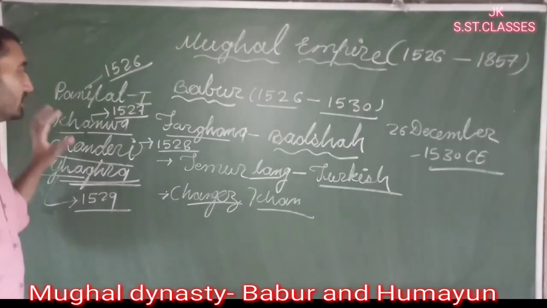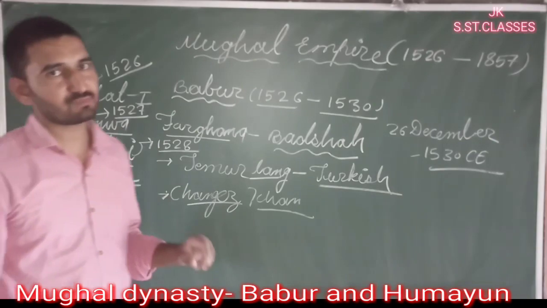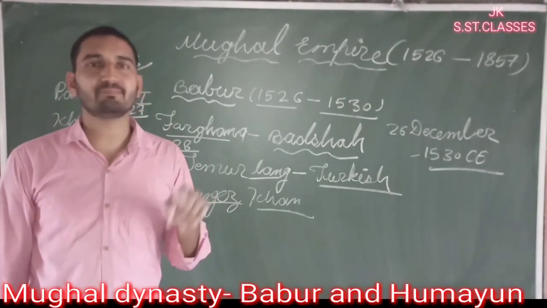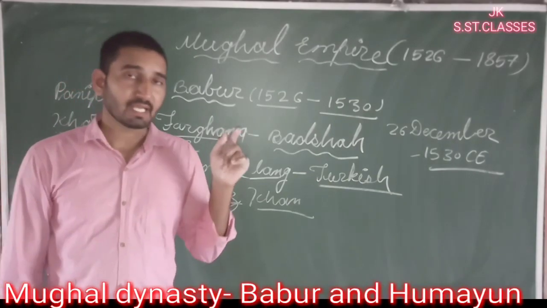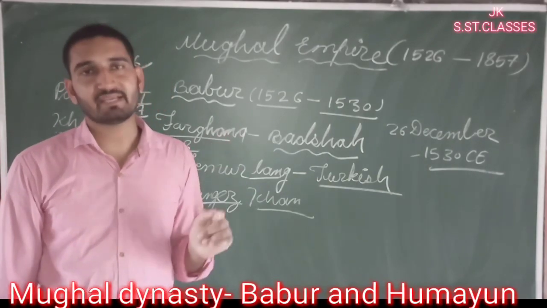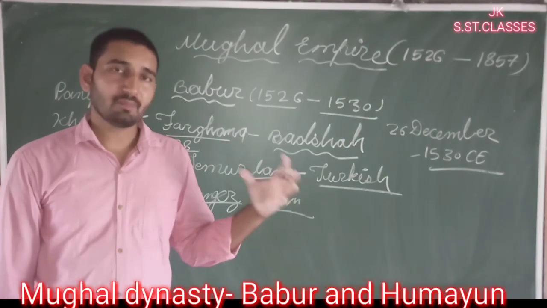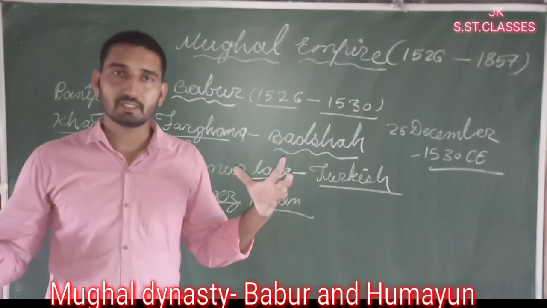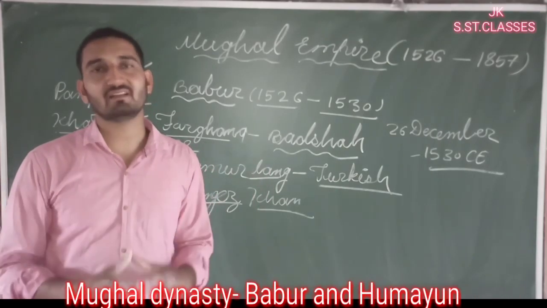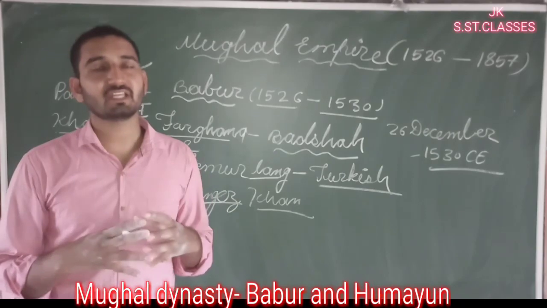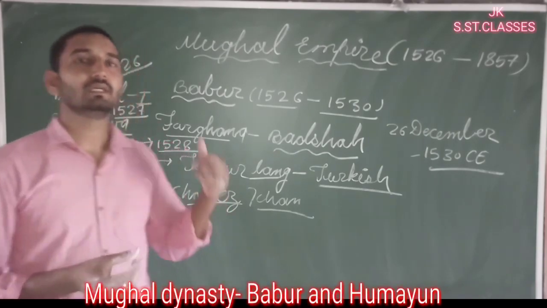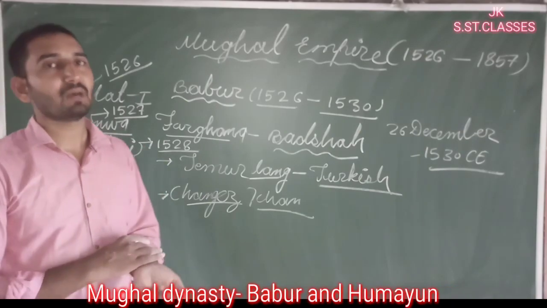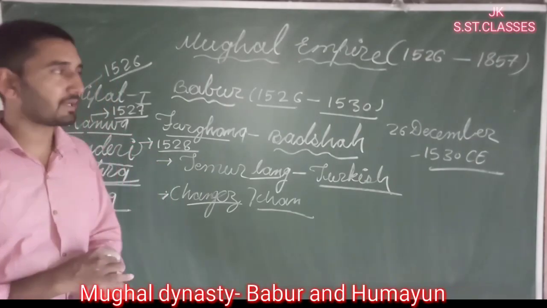If we talk about the battles which were fought between Maharana Sanga and the armies of Babur, then there were 2 battles, the Battle of Bayana and the Battle of Khanwa. In Feb 1527, the armies of Maharana Sanga invaded the armies of Babur. Okay, they both fought in Feb 1527. After that, the next battle was in March 1527, the Battle of Khanwa, in which Maharana Sanga was defeated by Babur.